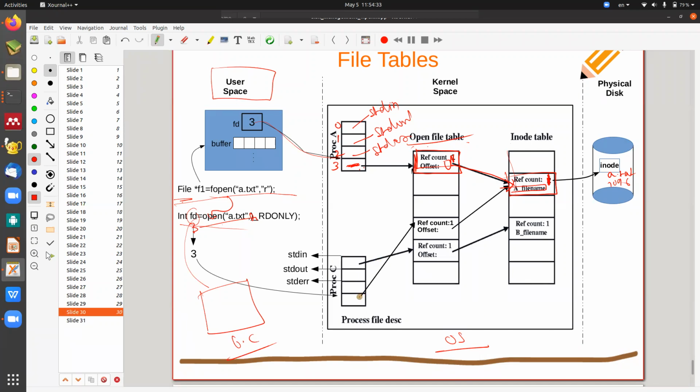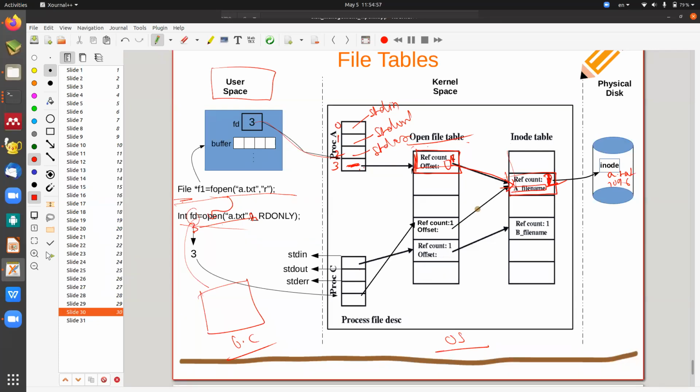करेगा कि नहीं? करेगा. Now when it becomes another file, now what he has to do? He has to be checking the inode file whether it is there or not. Is it there? It is there. But how many are referring? So one more. Since it is one more, reference count क्या हो जाएगा? 2. समझ पाए? But he is pointing to whom? To this open file table.